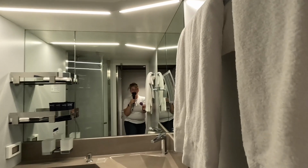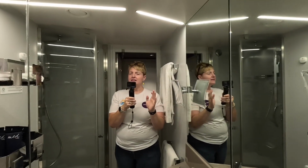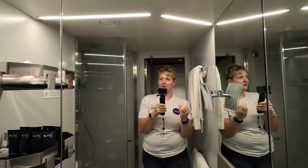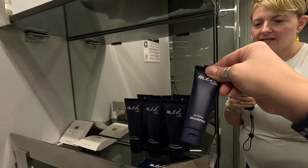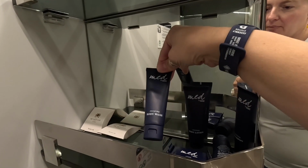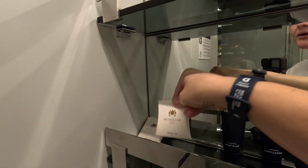All right, we have some beautiful towels with some nice Yacht Club logos on them. So I will say this bathroom space is a bit smaller than I expected, considering we're in a suite. But we do have the nice amenities. We have the shampoo, the conditioner, body lotion, body wash, cream soaps, 2 of those. We have 2 shower caps,